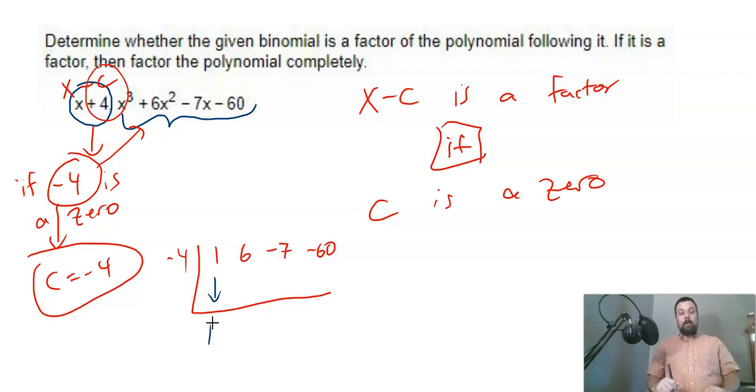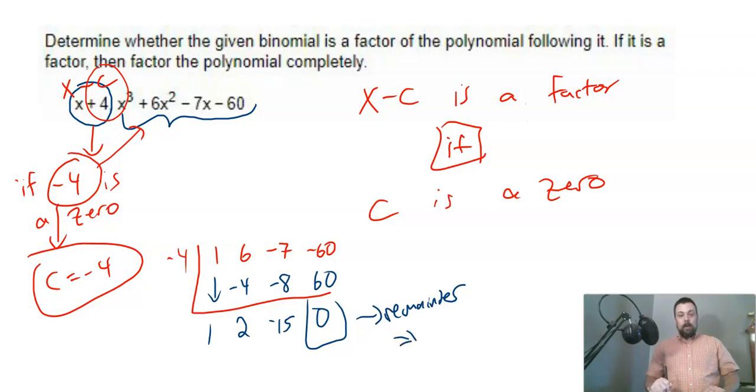Drop the 1 below the box. 1 times negative 4 is negative 4. Add these together, you get 2. 2 times negative 4 is negative 8. Add these together, you get negative 15. Negative 15 times negative 4 is 60. Add these together, you get 0. The remainder is 0,